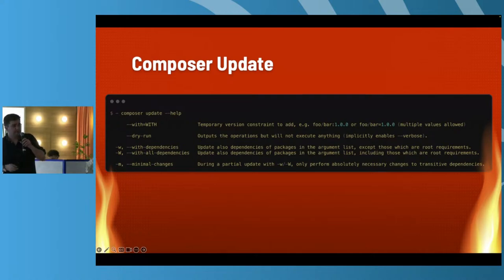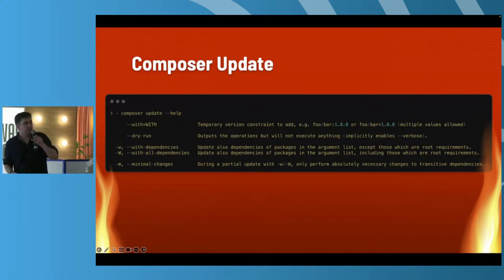The main ones of note are the with dependencies and with all dependencies. If you run that, it will just work out which packages would also need updates, because sometimes if you try to do one package, you might end up having to list out every possible dependency that needs updating. But sometimes that actually is the right thing to do. Other times it might be overkill.